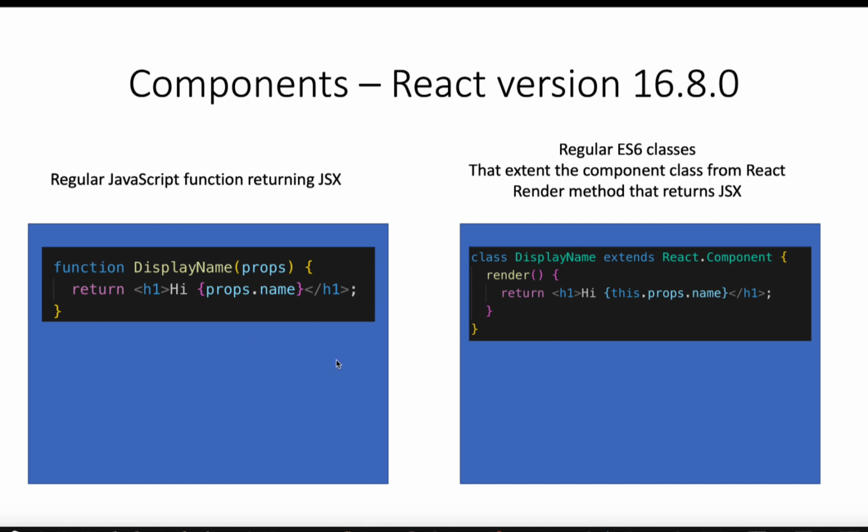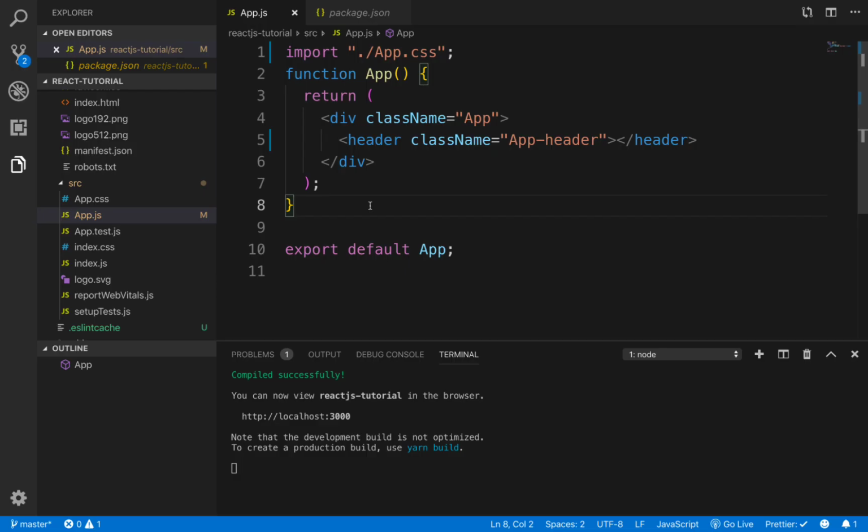In our entire tutorial in this series, we are going to be using only functional components. And since we are using a version which is higher than 16.8.0, we can store state in a functional component itself, so we won't need class components at all. And also, if you see right here, the code is much cleaner in case of your functional component as compared to your class components. Now, let's go ahead and create our first functional component.